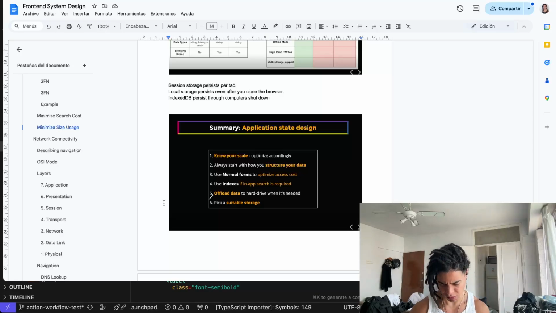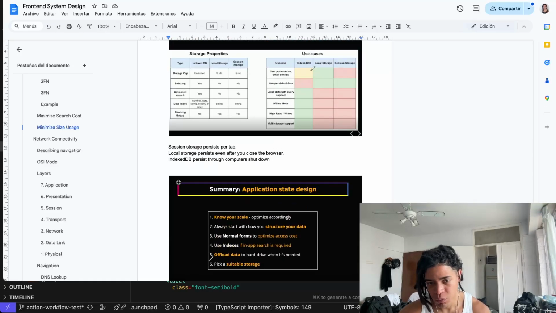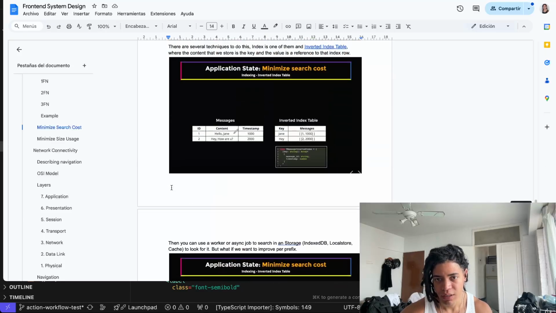An entity must have atomic properties, which means we don't have nested objects here, right? And the second form says, hey, each entity with its own primary key, non-primary keys must depend on the primary key. Okay, must depend on the primary key, right? And the third form, which is quite subtle, it says, hey,